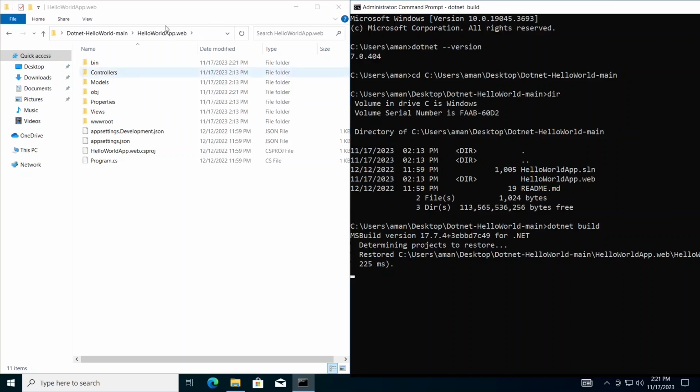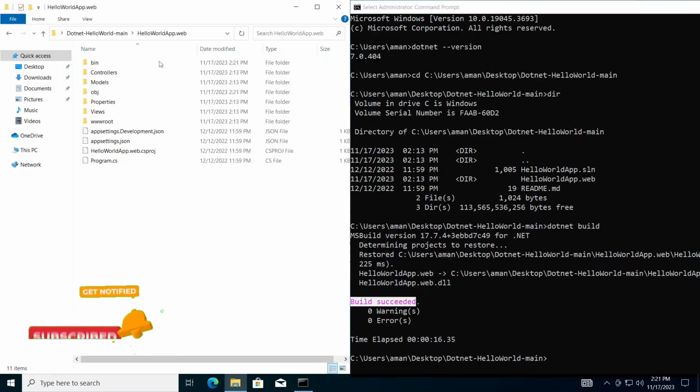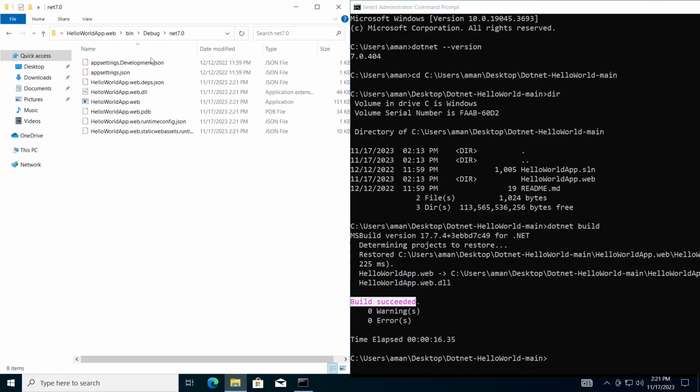And you can see a bin folder has been generated right now. We can see our build has succeeded and the bin folder has been generated. Now we have to go inside the bin folder. We can see we have these many files, but the main artifact of our .NET